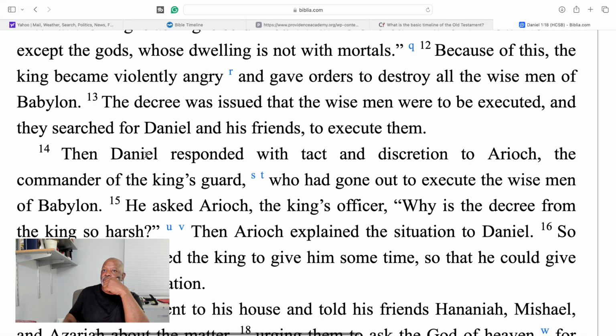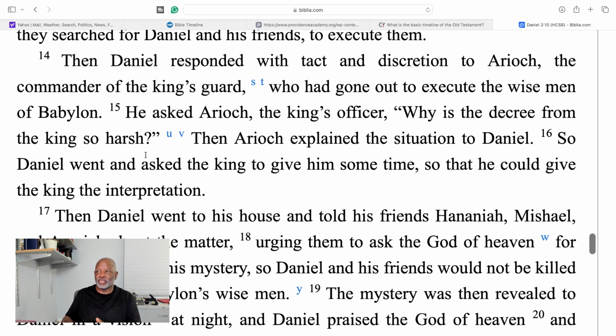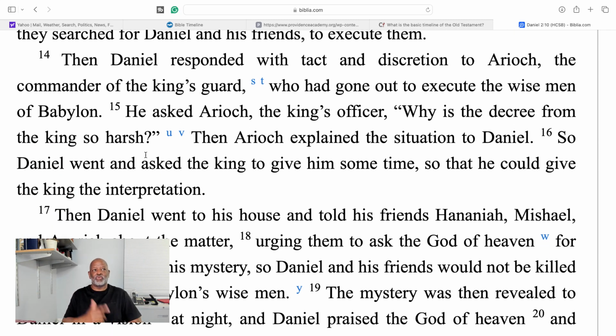In chapter 1, we saw how Daniel was one of the first group that was deported to Babylon from Israel. And by the way, I would say go back and read Jeremiah and Ezekiel, those two books. Jeremiah details the actual death and destruction of Jerusalem, the conquering of Israel.